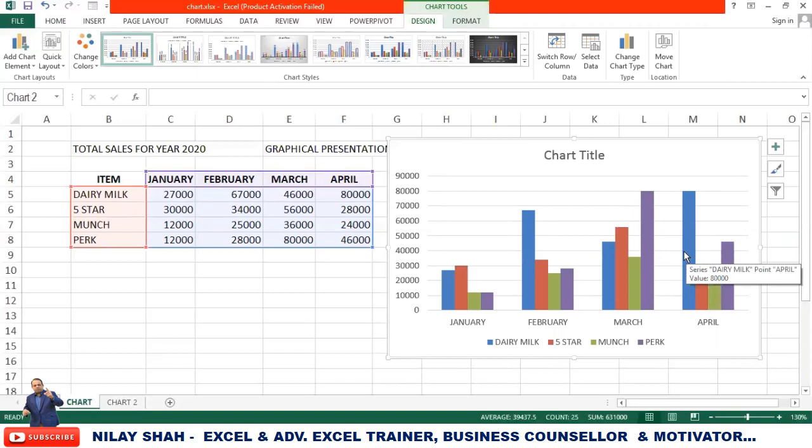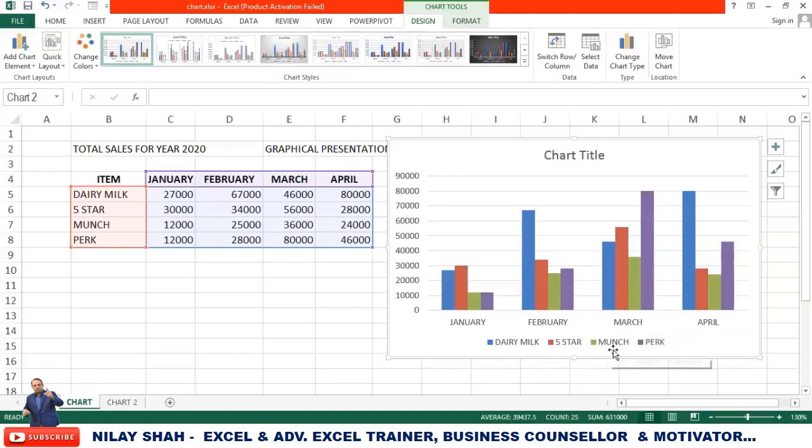Now, the very first thing I would like to explain is Switch Row or Column. What is this? In your chart, you can see your products, Dairy Milk, Five Star, Munch and Twerk, are here, and your months are here. Now you would like to have your outcome based on your products, not based on your months. So you need to switch that area.